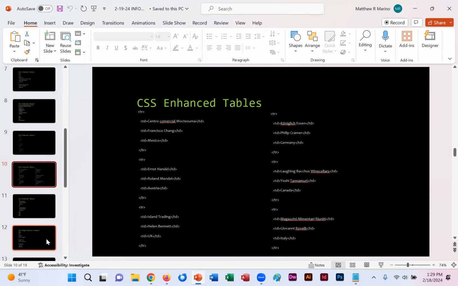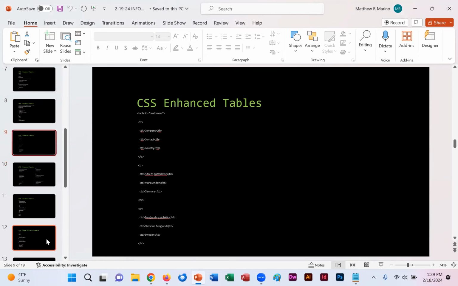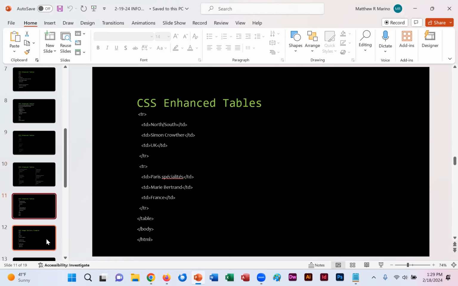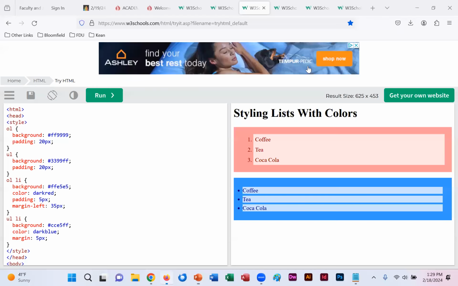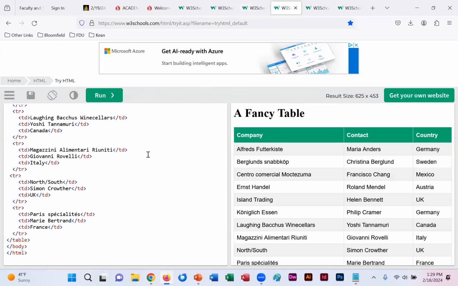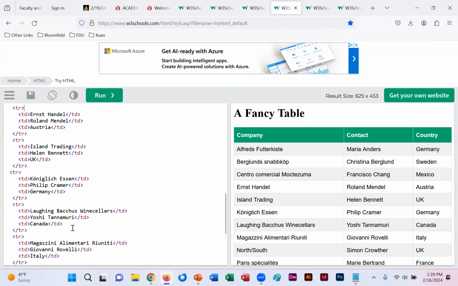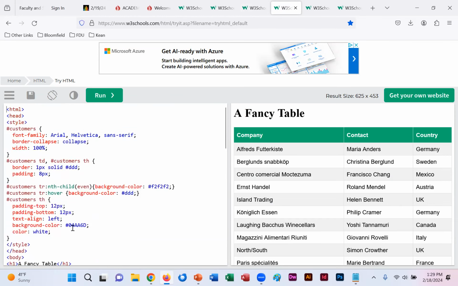And then slides 9, 10, and 11 put in our different pieces of the table: table row, table cell, etc., as you've seen previously in class. So when we put all this code together, you notice here the table header, the background color green, the text color white,